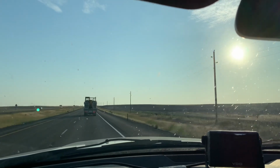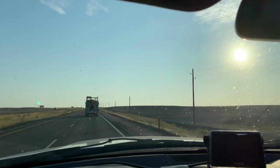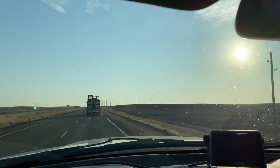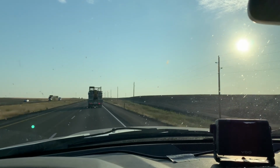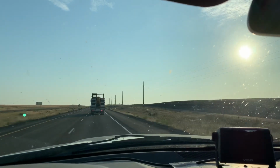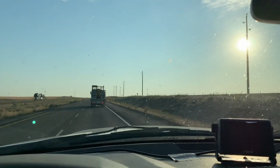For some reason, I don't see too many people using GMCs for hotshot trucking. Because really, I think they're better than Ford, and yeah, if I could buy one for cheap, if I could get a good deal on one, I wouldn't hesitate to put one in the fleet, and it'd be cool to do some testing too and see. Overall, they're pretty good,